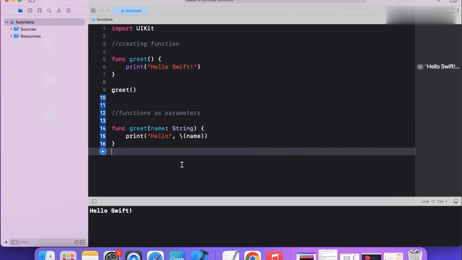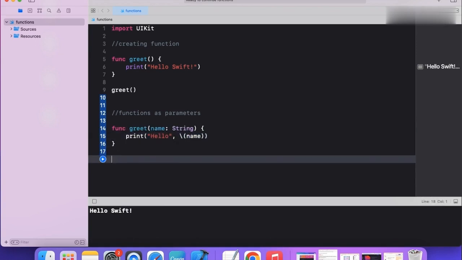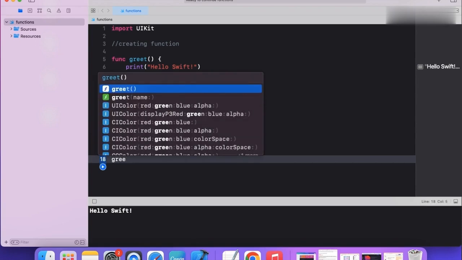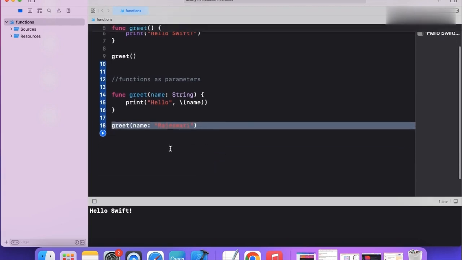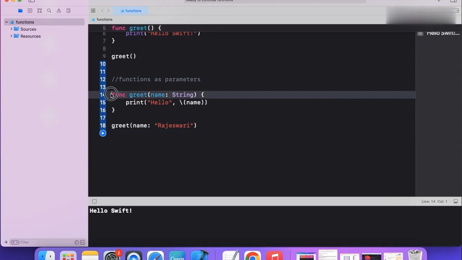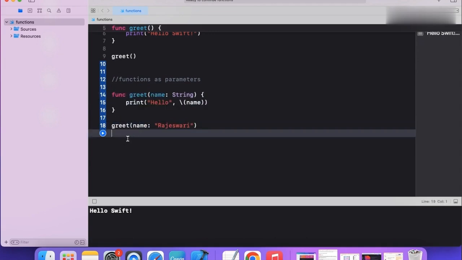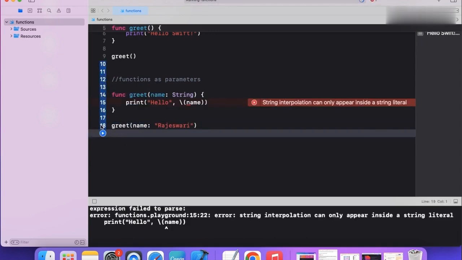So let's see how it will get printed in the console. I'm calling greet with the name, and I'm passing the name as Rajeshwari. If I run line number 18, I'll see the output as hello Rajeshwari.